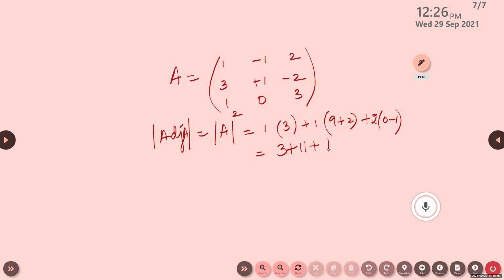Isn't it minus 2? 3 plus 11 minus 2. Ah, yes, it is minus 2. Yes, correct. So what will you get? It is 12 squared, which is